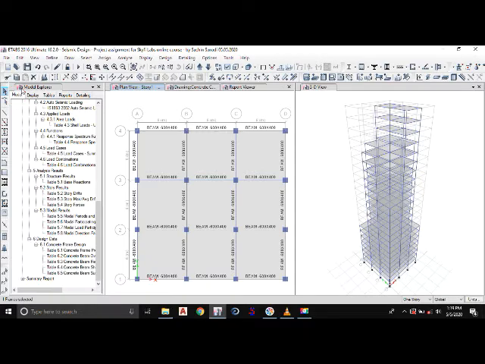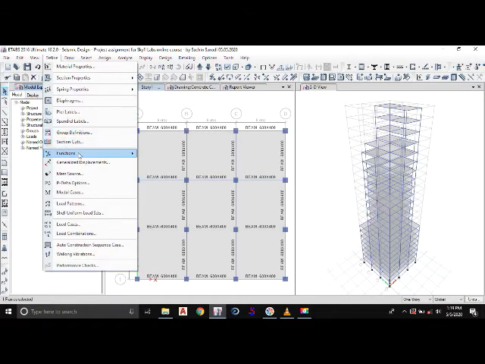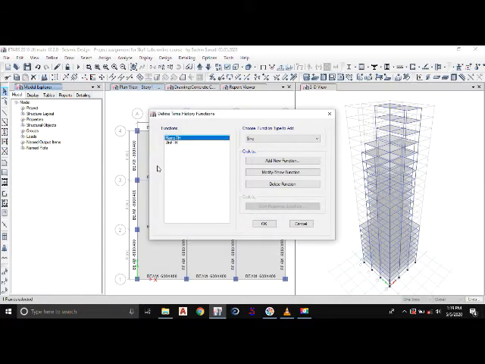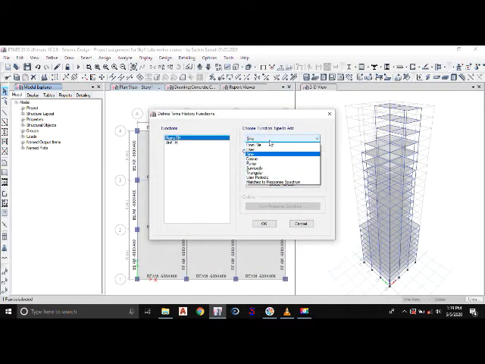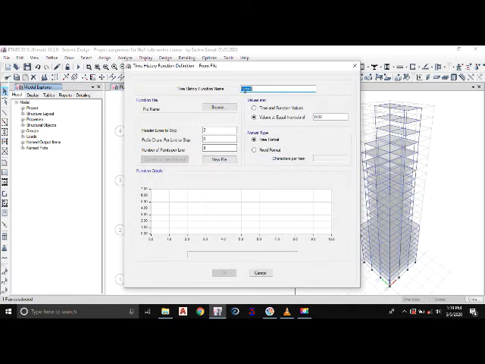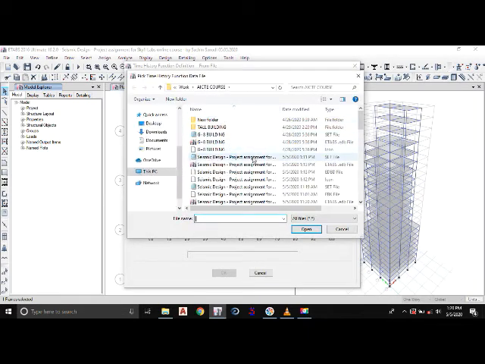and then I will go to define, I will go to functions, I'll select the time history, then I will add the function that has been provided with this particular course. So I'll go to add new function, I'll select the function from the file, then I will give the name as time history, and then I will browse for that particular file.